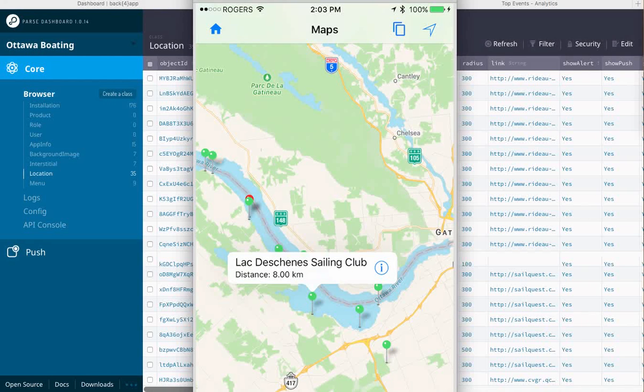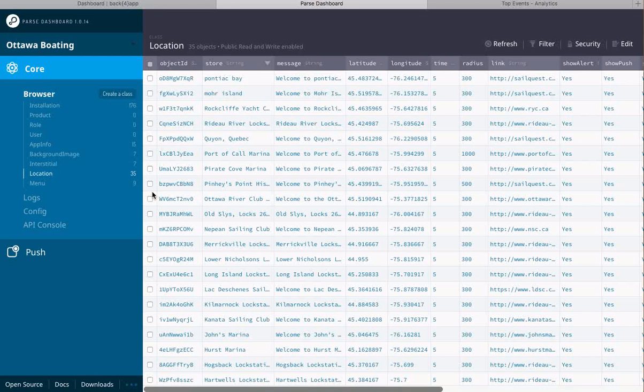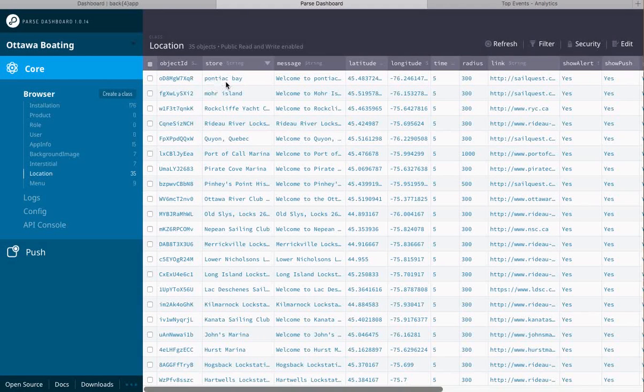First, go to the location, so browser and location. When you're in here, all you're doing is entering in your store, which is the title that would be displayed, like you saw back here. That title is the title that gets displayed here. So you simply type in the title, you type in the message, "Welcome to," in this case, Pontiac Bay,